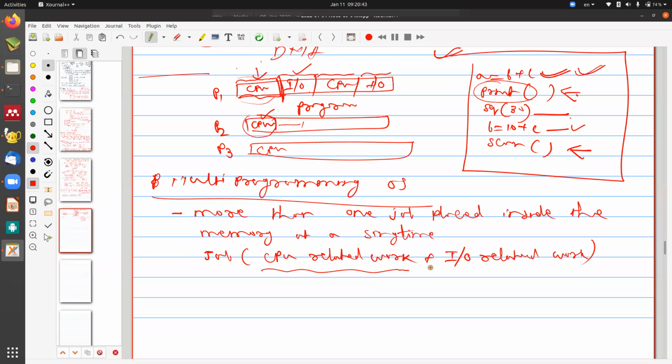The moment it needs one IO related job, that time the CPU moves from one job to another. Means the switching of the CPU from one job to another job